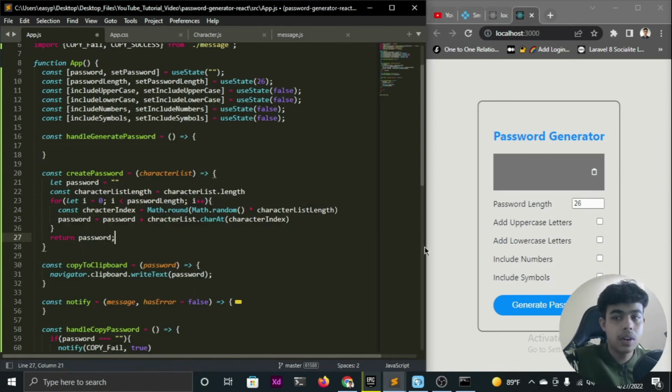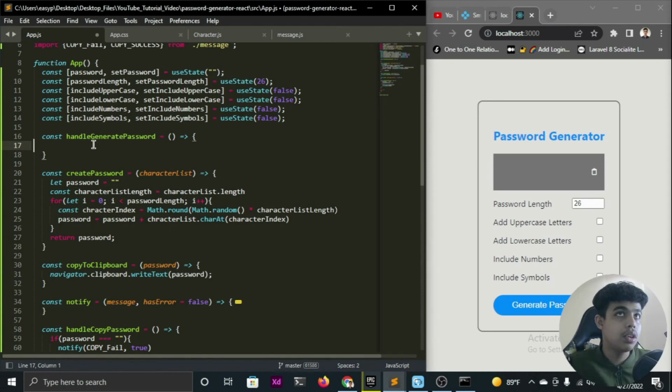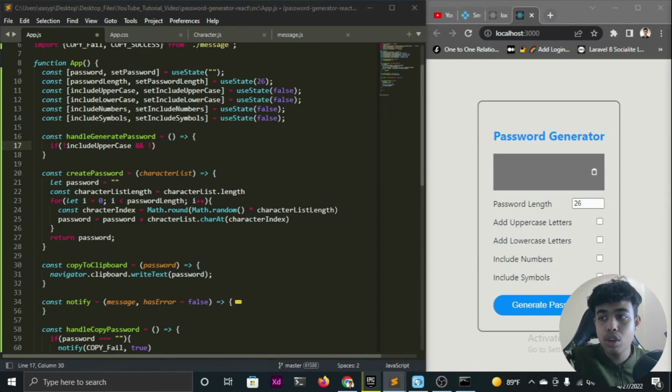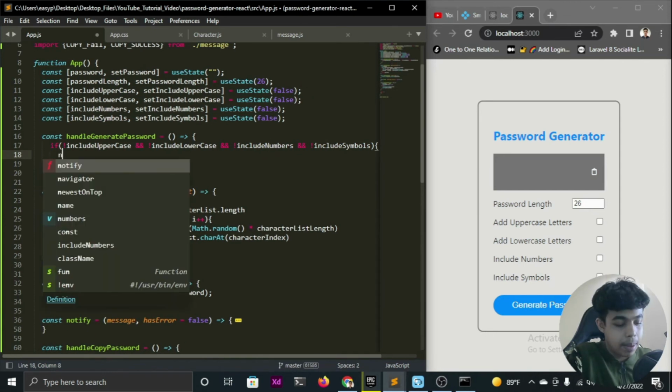Alright, so now let's work on handling the generated password. We are going to be handling our generated password. This is just for the validation for our password generator. So what we are going to do is say if not include uppercase, and it is not including lowercase, it's not including numbers, and it's not including symbols, I'll be notifying the users with an alert. So I'm going to copy it from there and paste it here. Okay, if these are not selected, I'm going to notify the user